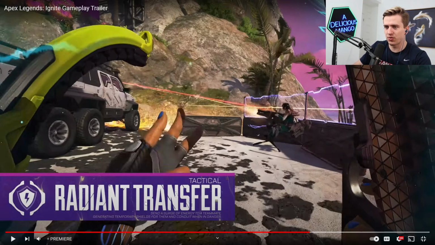Tactical is Radiant Transfer, which she just did to her Mirage, so our theory is correct there, that it doesn't have to be that far away for you to get that boost. Tactical Radiant Transfer. Send a surge of energy to a teammate, generating temporary shields for them and Conduit when in danger. So I imagine this...